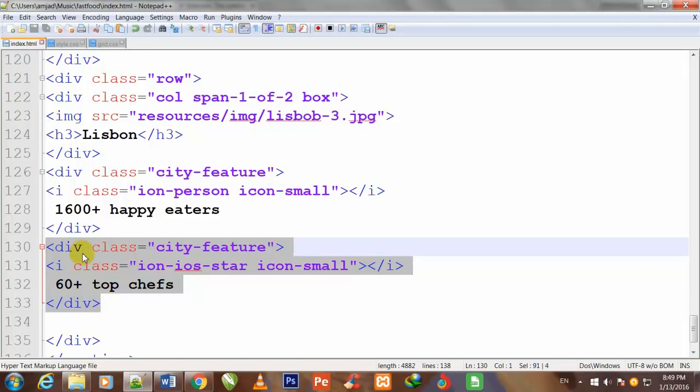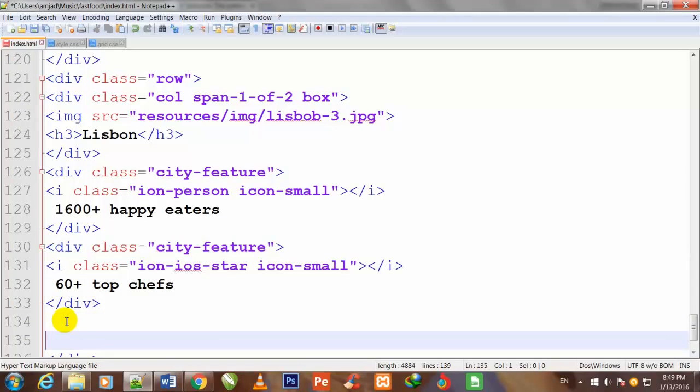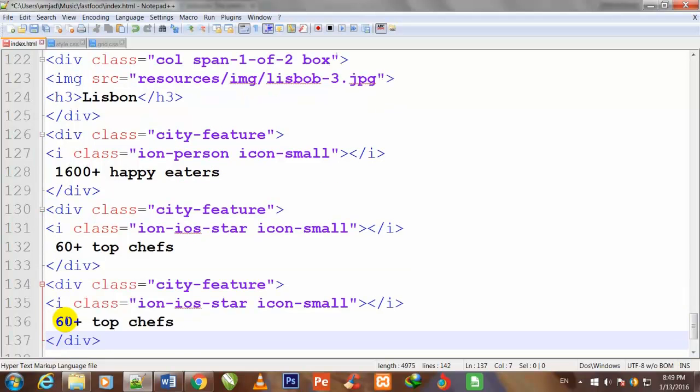So I will copy this whole div and paste it down once again.